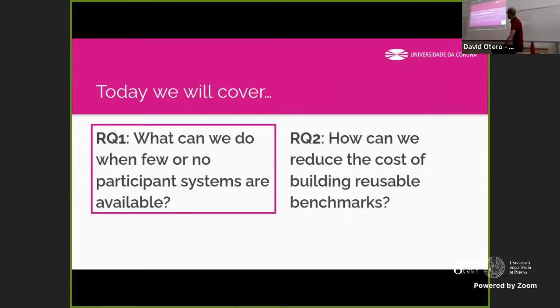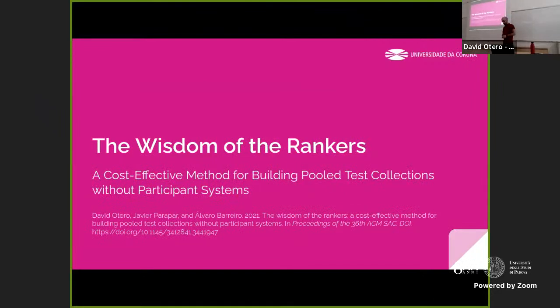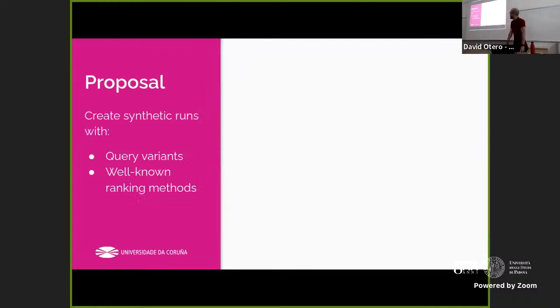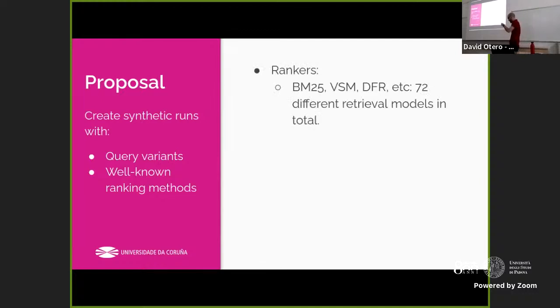And this was indeed the main idea that motivated this work that I'm showing you right here, which is a paper that I wrote with my supervisors called The Wisdom of the Rankers. In this work, we wanted to develop a strategy, as I said, to somehow be able to build and gather new assessments when you do not have participant systems available. And what we did was to create synthetic runs using some well-known ranking methods, such as BM25, the vector space model,